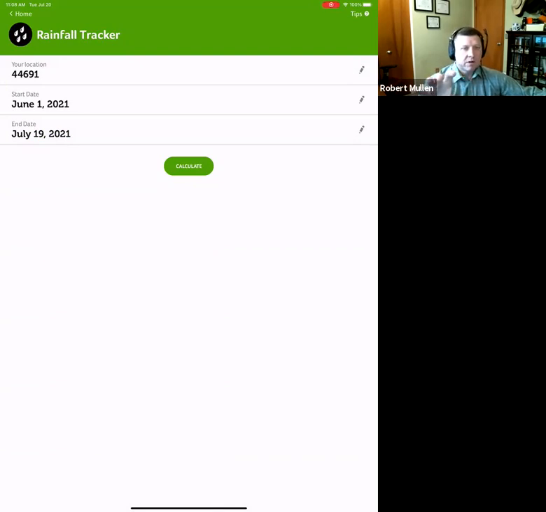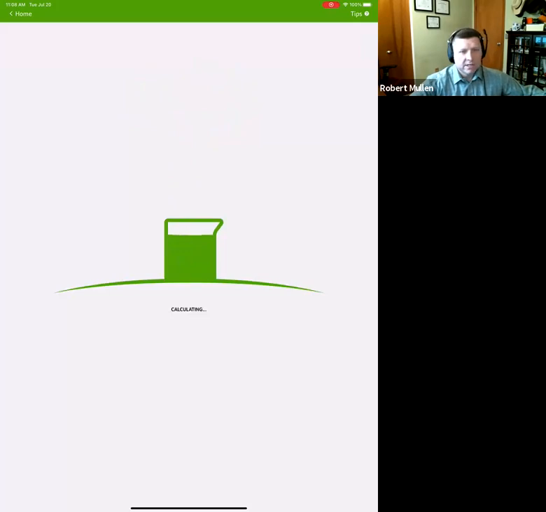Now I'm obviously operating this at a zip code. You think about geographic distribution and the size of a zip code. Zip codes can be fairly large geographically. Maybe not the best way to be accessing the tool, but it's just a simple way for me to at least show you some functionality here right off the top. We're going to go back in and change that here in a moment. Between the dates of June 1, 2021 and July 19, 2021, just how much rainfall has occurred within this zip